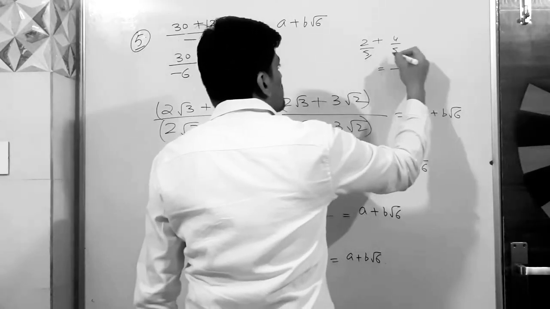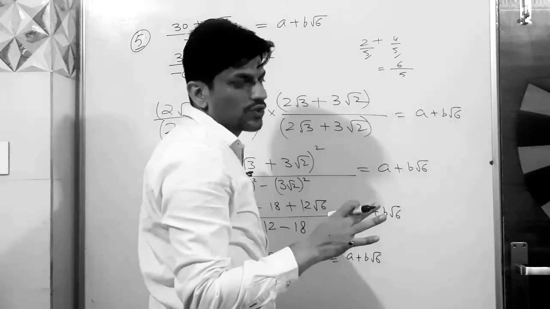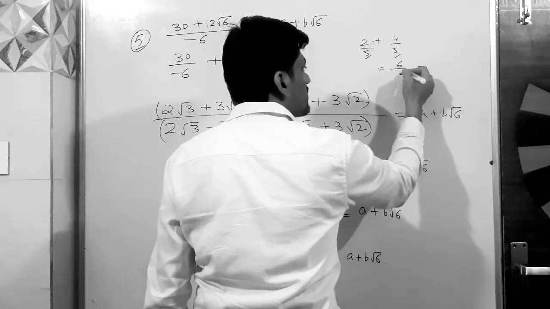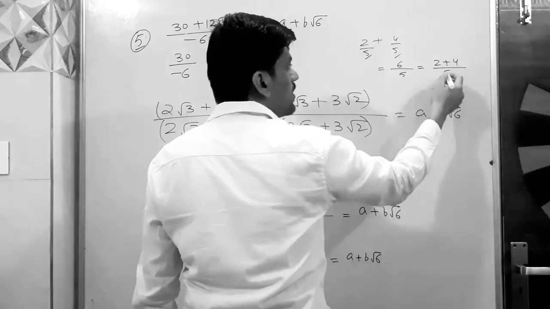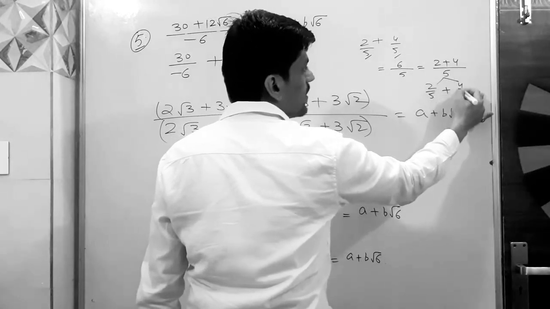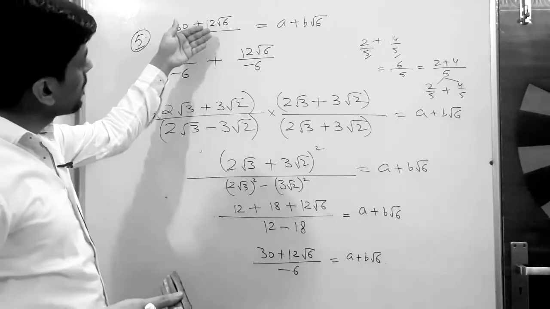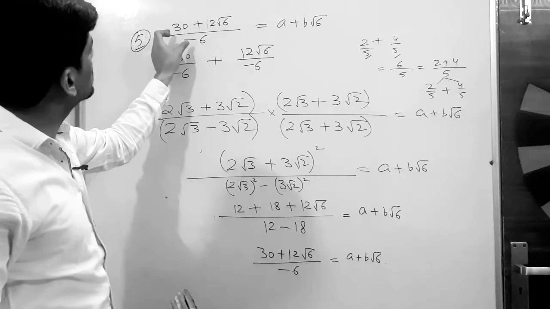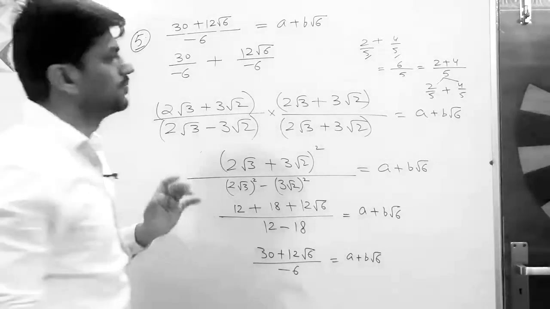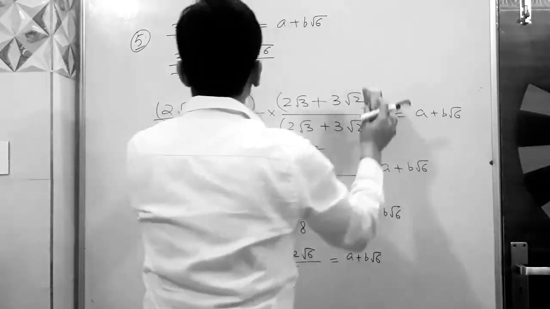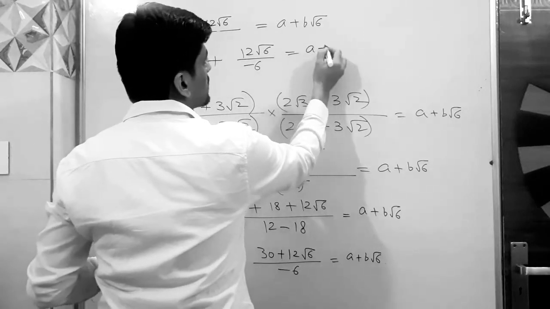So when you have the same denominator, you just take the same as LCM and add the numerators, the upper portions. Now if I say that this is 6 by 5, this can be written as 2 plus 4 by 5. Now you can do the reverse also, 2 by 5 plus 4 by 5. So in this way I have reduced it into the reverse portion. I have done this LCM breaking, separating the LCM. If you take the LCM, you will go back to the previous step. So this step is clear to you? I hope it is clear to you.